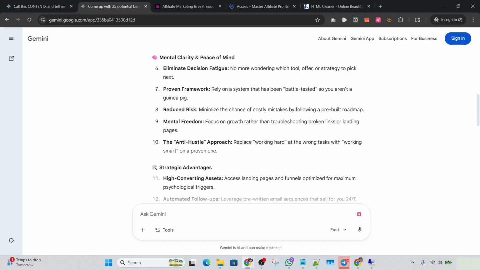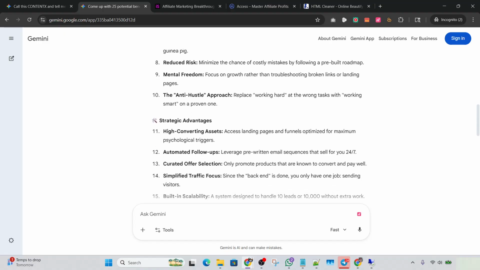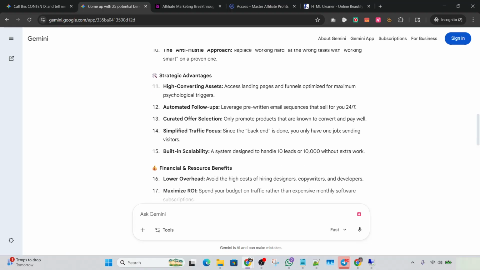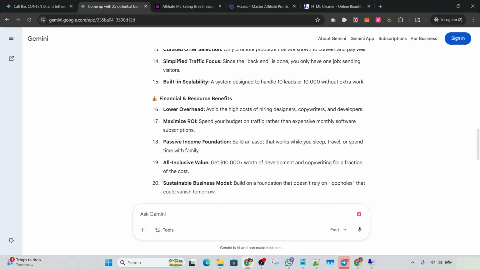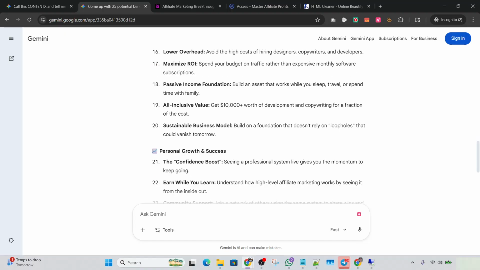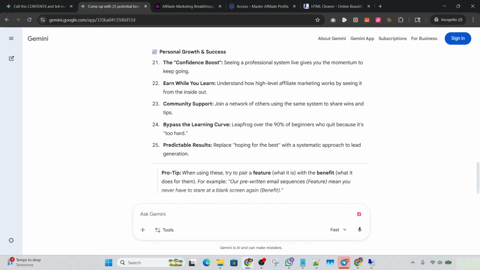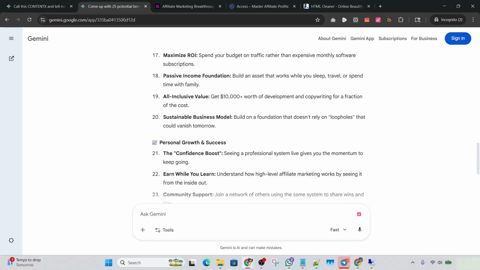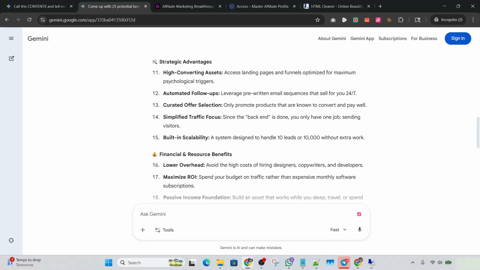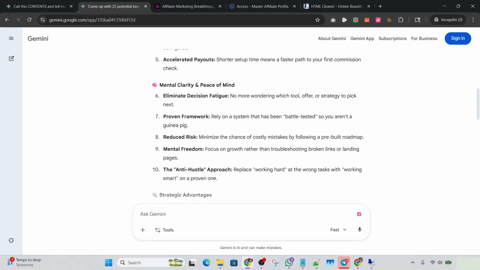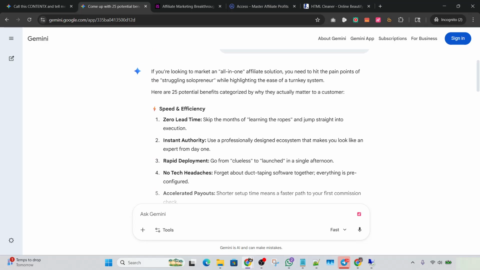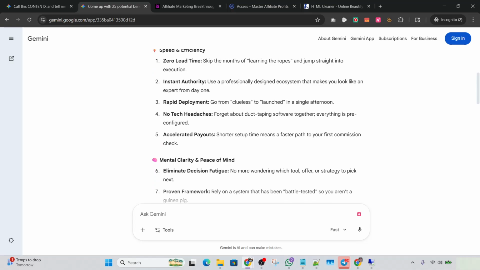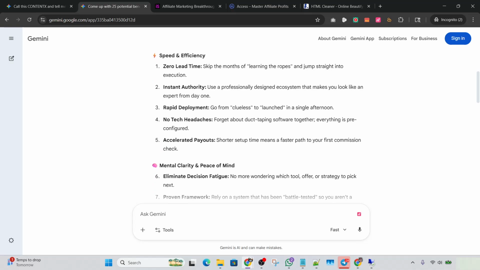Yeah, so far a lot of these actually match the offer. So you could pick and choose which ones you want to use and make sure they're legit. Don't want to give any false promises and stuff like that.